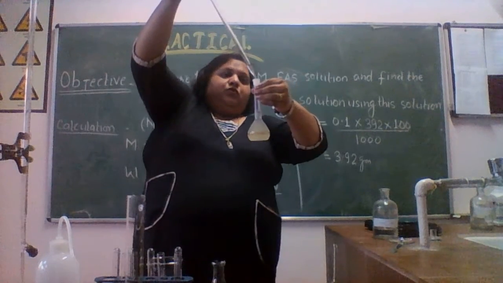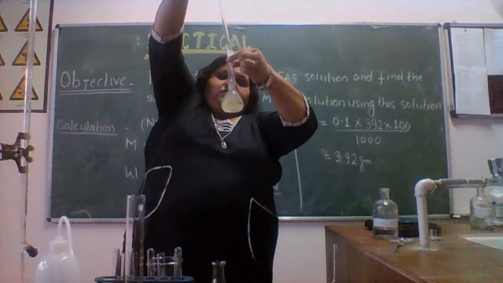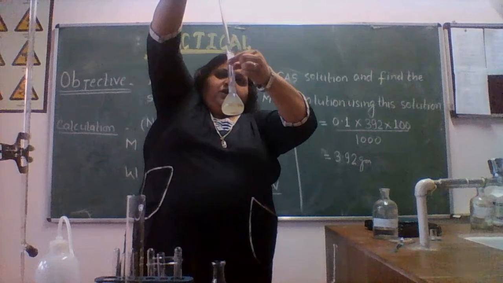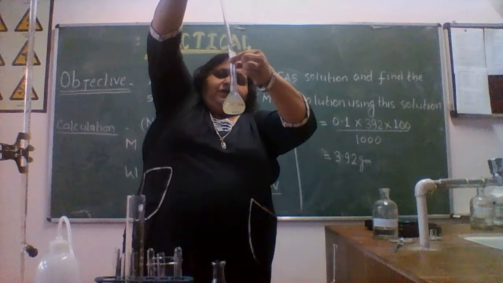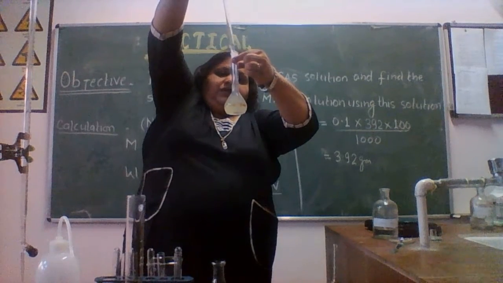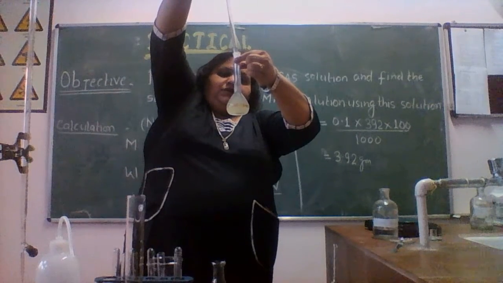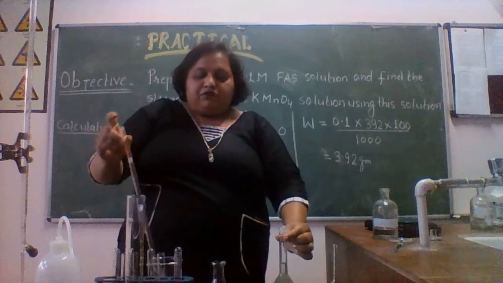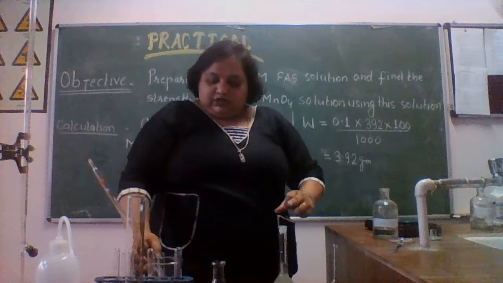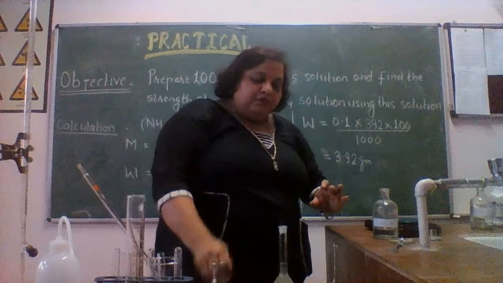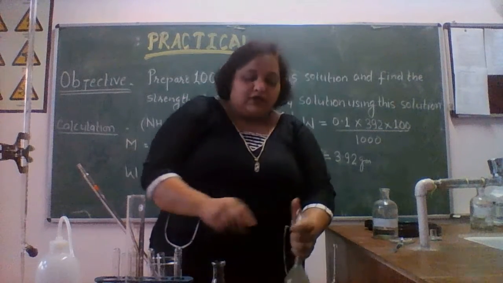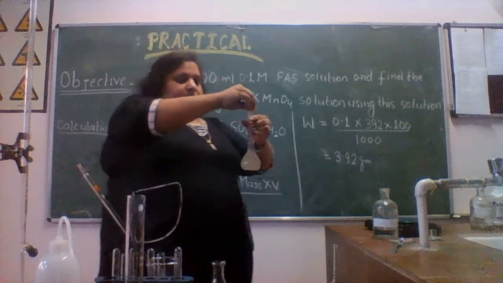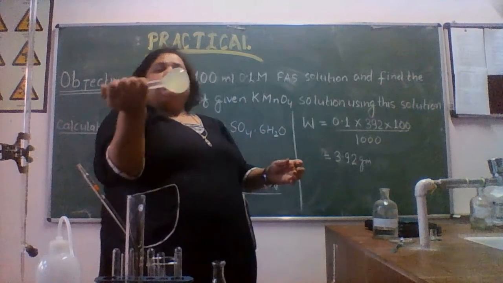I am going to show how much accuracy is required here. This is the importance of using the pipette. Why do I use the pipette at the last moment? Yes, this is the perfect one. And if you had used the measuring cylinder, you may have 1 or 2 extra drops. Now I have placed the cork here, and now I am going to shake it.